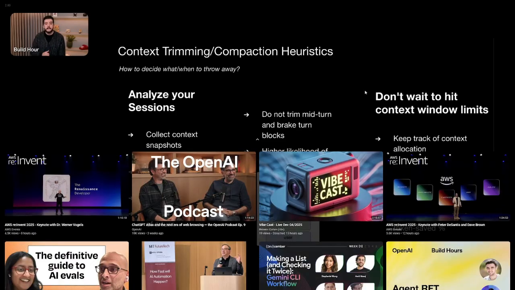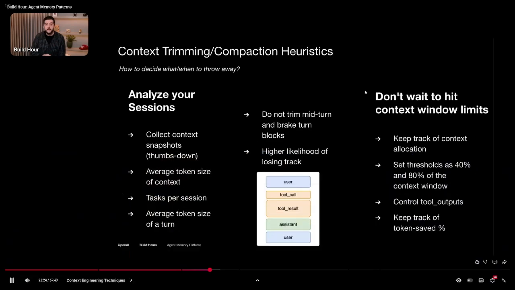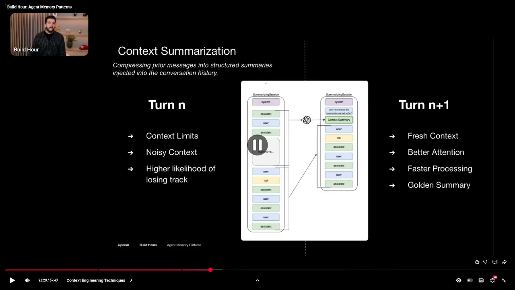You can control tool outputs, and you can also keep track of token savings. These techniques are also really nice for reducing cost. And you can always keep track of how many tokens you're saving while you're increasing the overall capability of your agent. And then the next technique we have